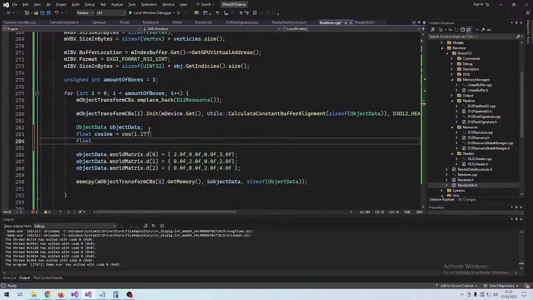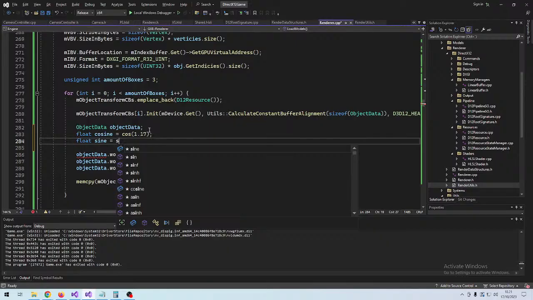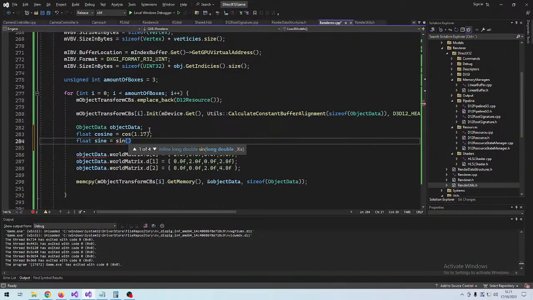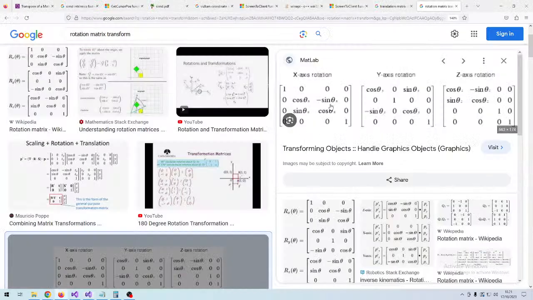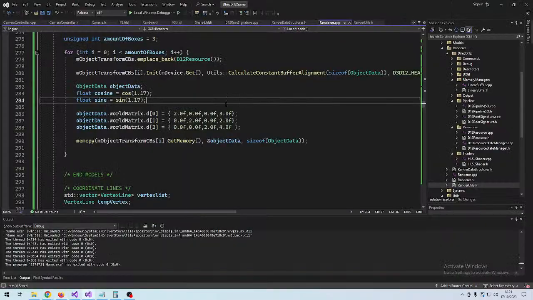A float sine half of pi, and then we do it around the, let's do it around the